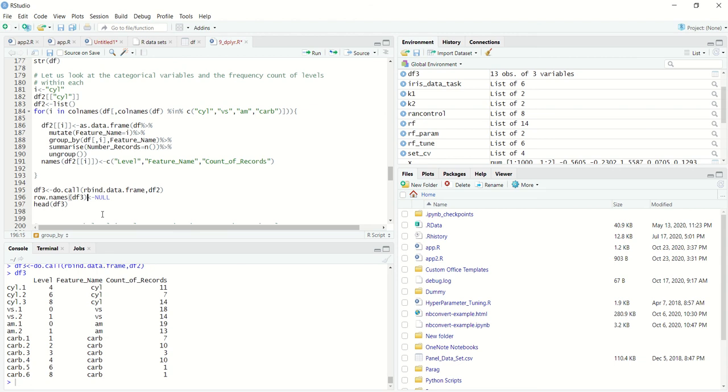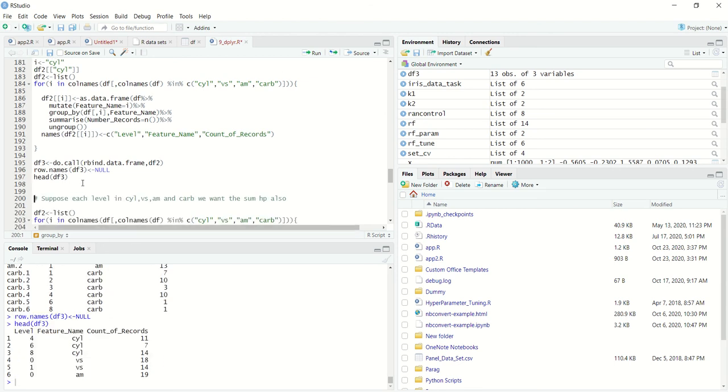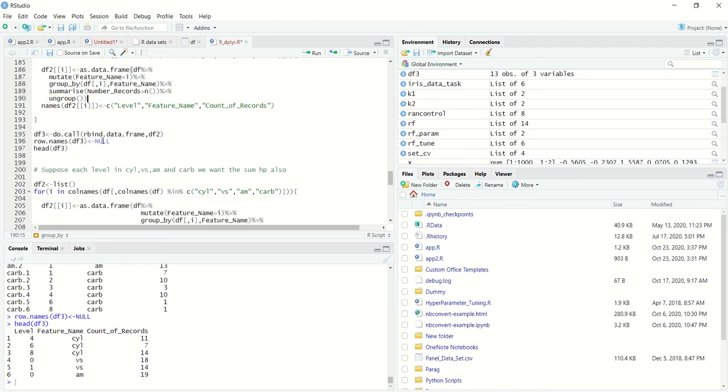So I will just remove the row.names from df. Now if I use this, it is df3. The important thing here is, if I know the categorical columns and I have the data frame, I can use this piece of code to create a frequency profile of this particular data frame.